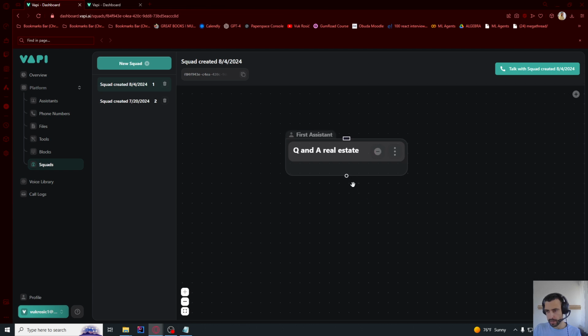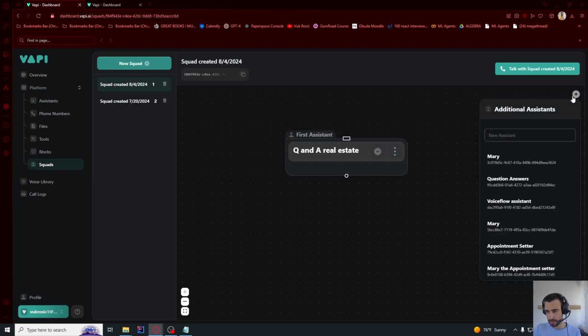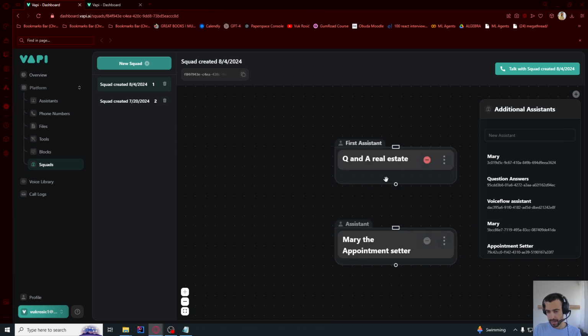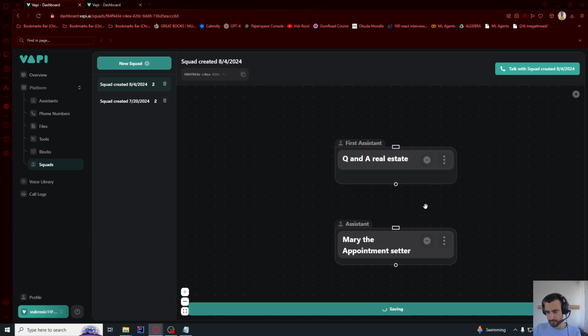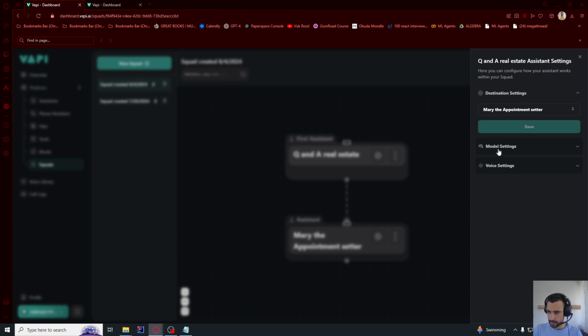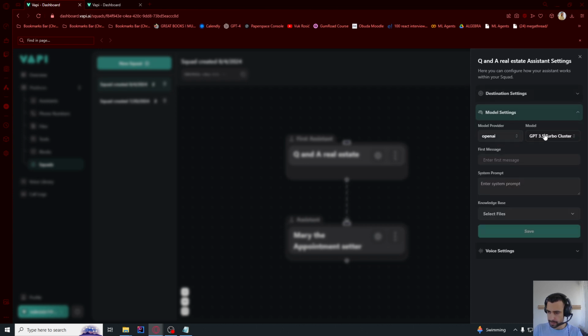Then from here, we will click this plus button and choose the appointment setter. So now Q&A can transition to appointment setter. It's better to have multiple agents in a squad, each doing different things, than to have one agent doing multiple things. I think if I click here, model settings, let's choose mini,